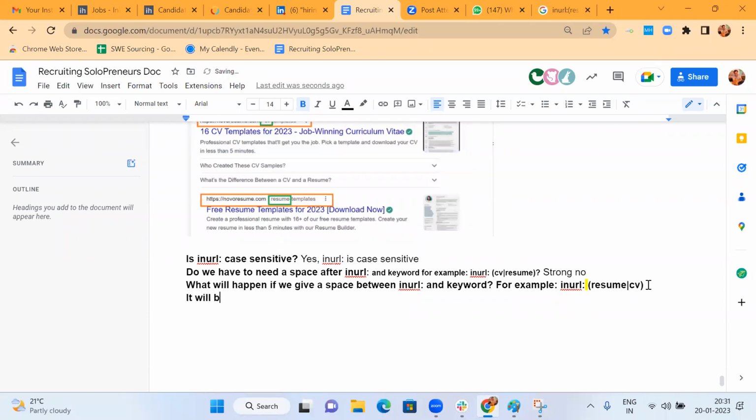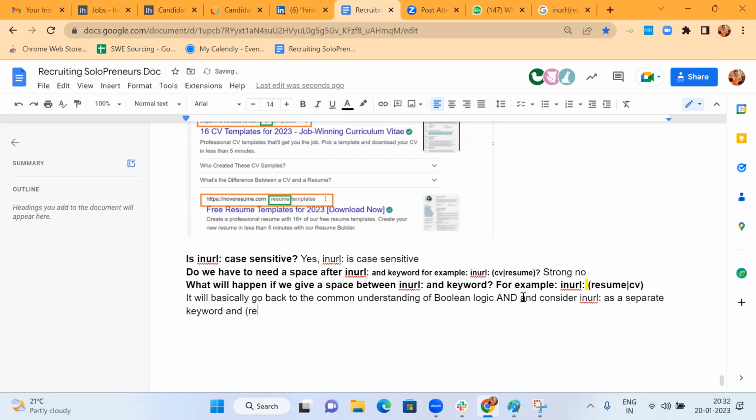It will basically go back to the common understanding of Boolean logic and consider inurl as a separate keyword